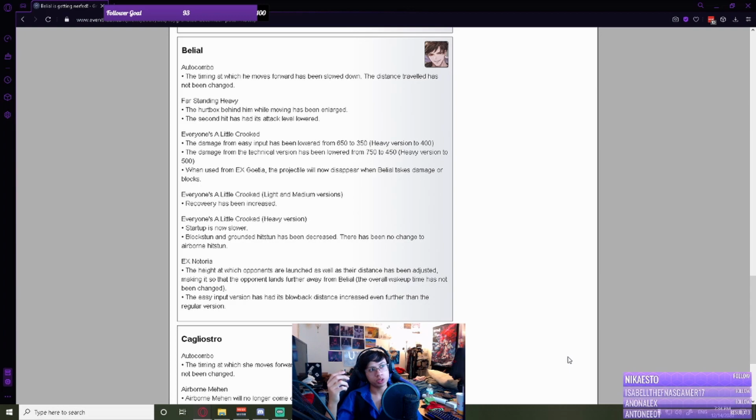Like, that move is still gonna be really good. Belial's can kind of just throw it out. Just because you can crush it because its attack level lowered doesn't mean you can always do that, you know? There's a lot of scenarios where that nerf doesn't really take a lot of effect, right? Like, if you jump over him or you spot dodge through him, yes, the hurt box behind him is good, obviously. And then the crush,